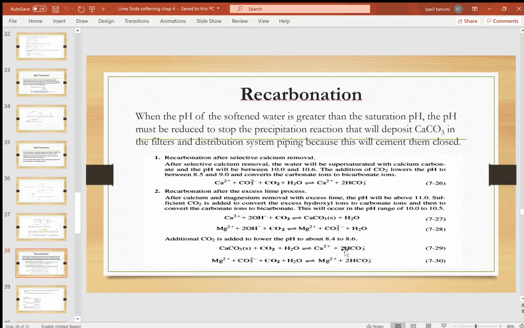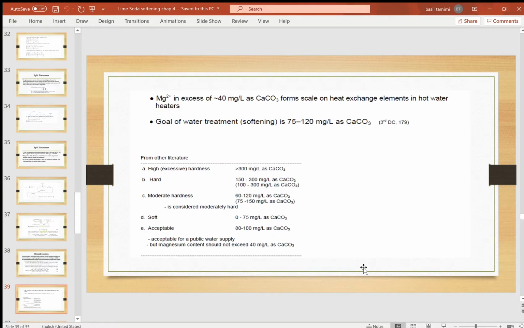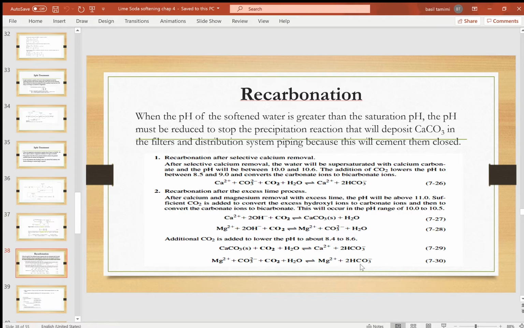Okay, same thing applies to MgCO3. If we add carbon dioxide, this carbonate would disappear because it will be converted to bicarbonate. So recarbonation, as you can see, is just a stabilization step after softening, in order to bring the pH